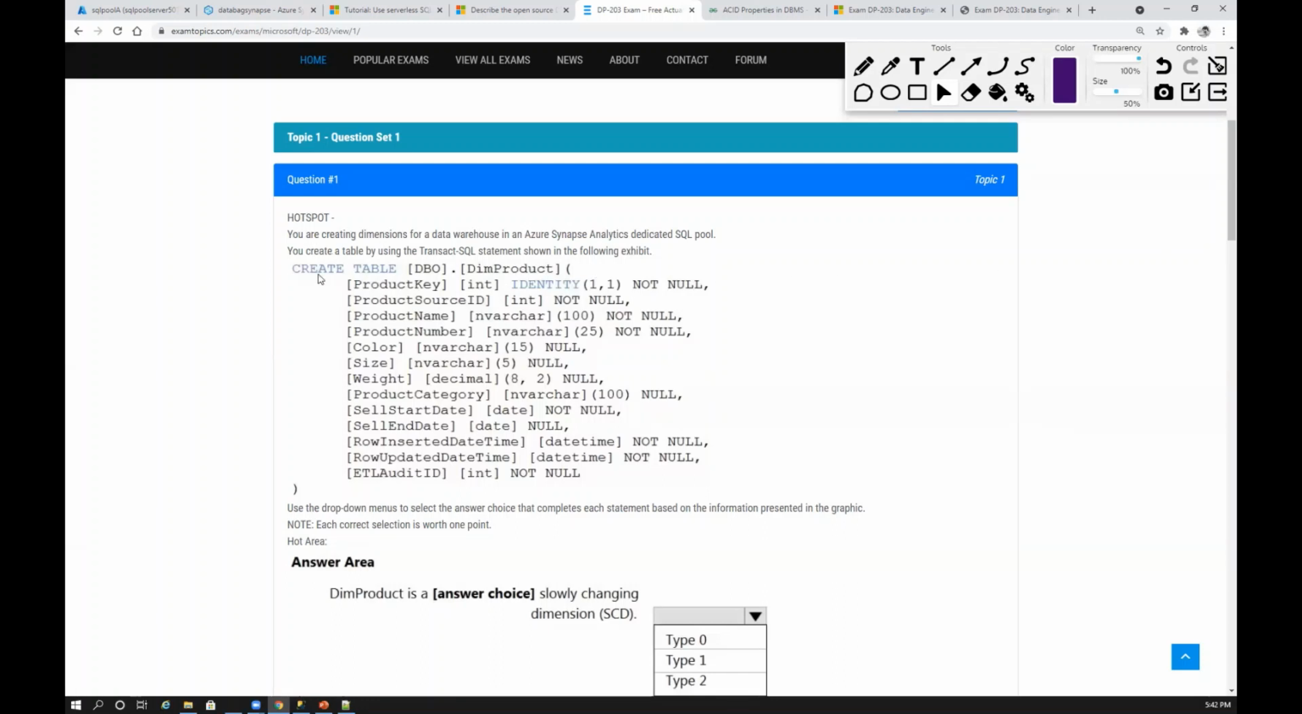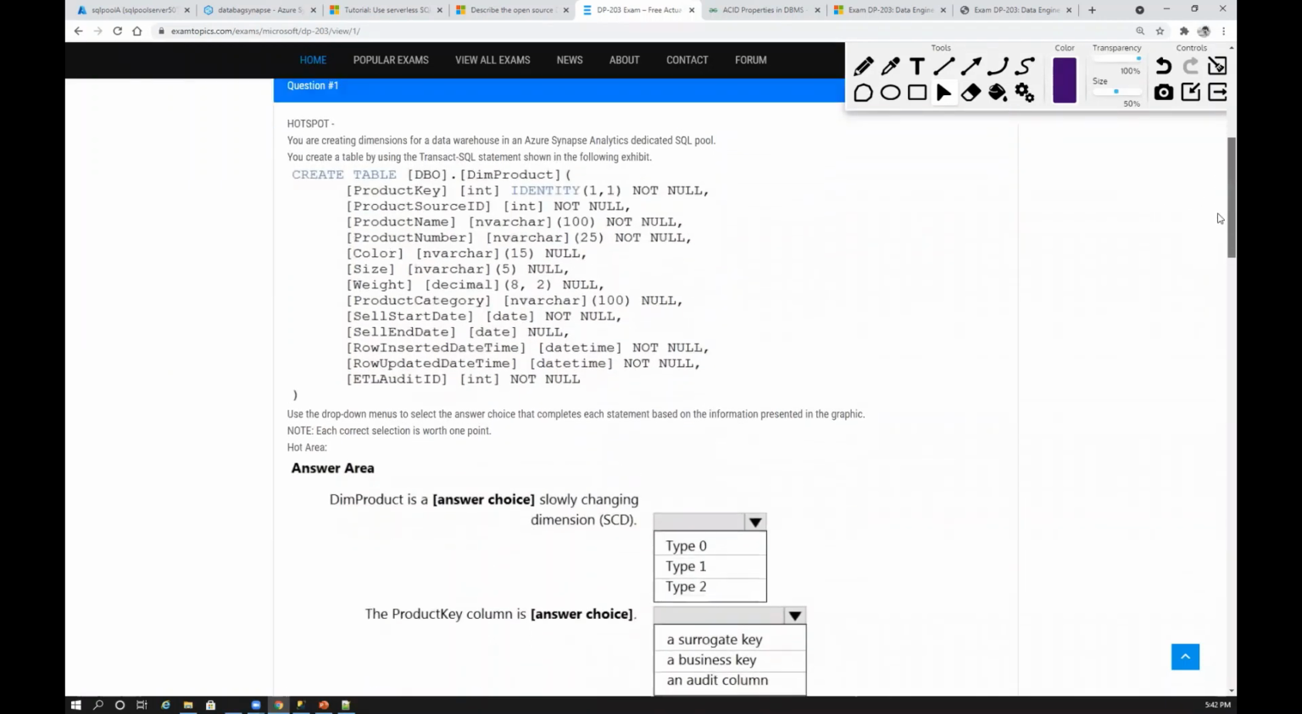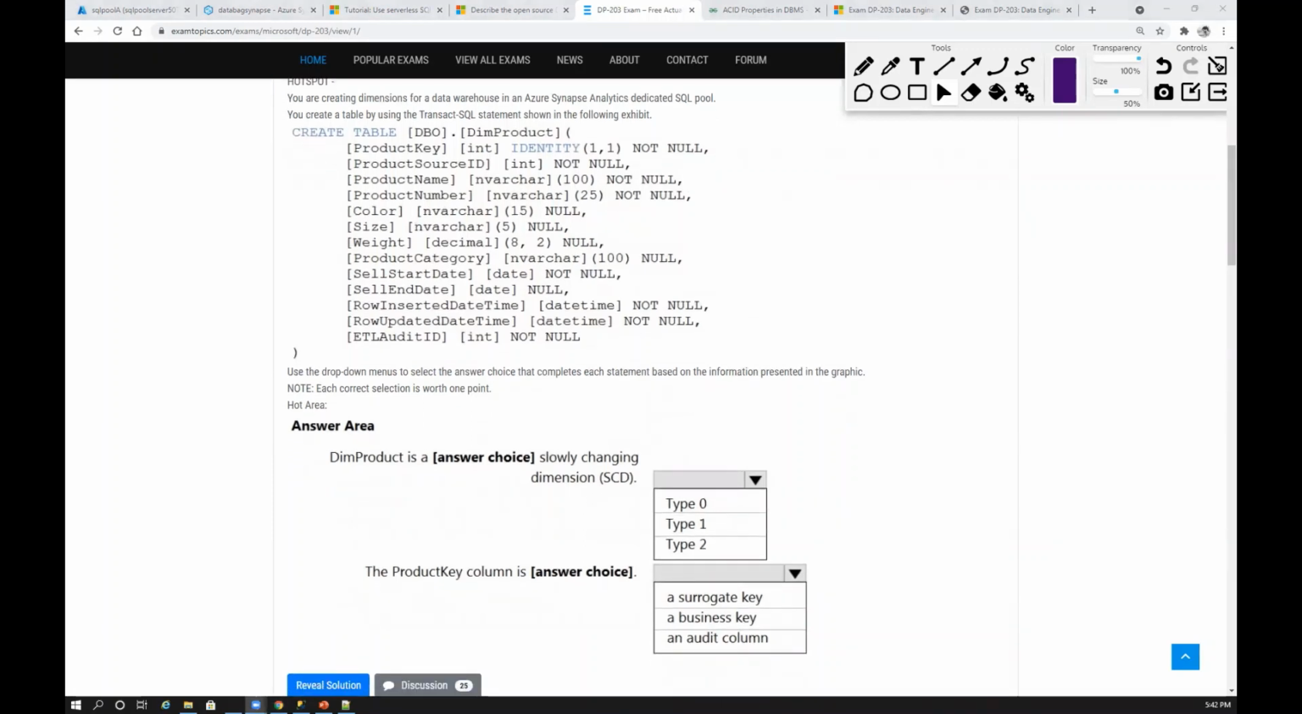You have this create table with different columns. Use the drop-down menus to select the answer choice that completes each statement based on the information present in the graphic. So here, just try to analyze and read this table query, and then the drop-down. And okay, so here is the answer area, if you see here,